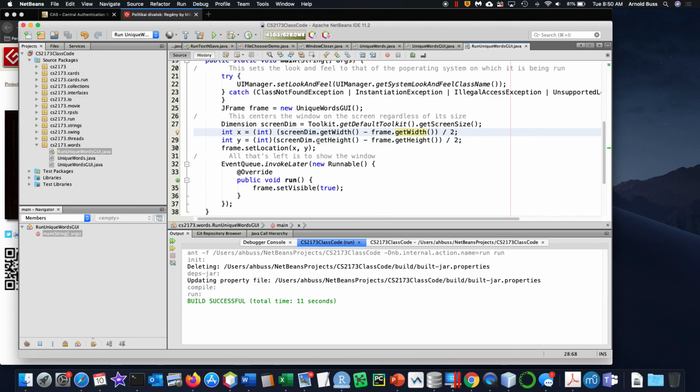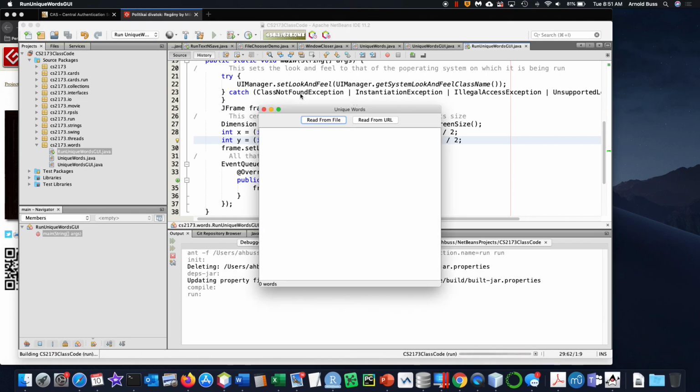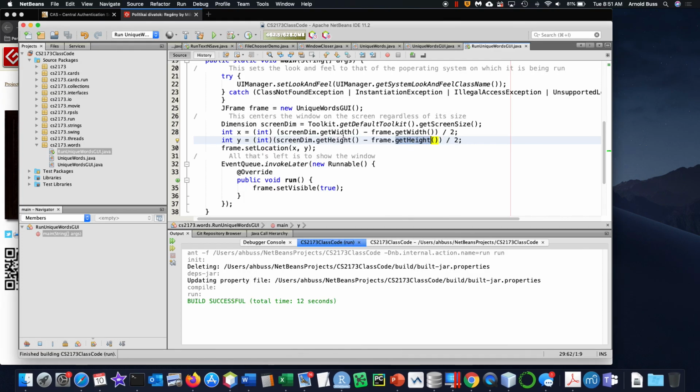And if I take the height of the screen, subtract the height of the frame, divide all that by 2, that will tell me where to put the upper left corner of the frame. So when I run that, regardless of what my screen size is, that will always center my window in the screen. That's optional. Where you put the thing is up to you. So, okay, so that's